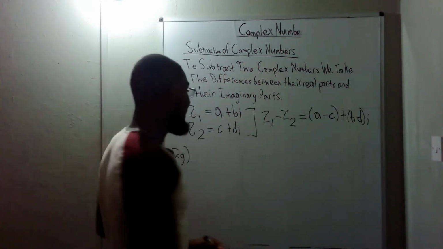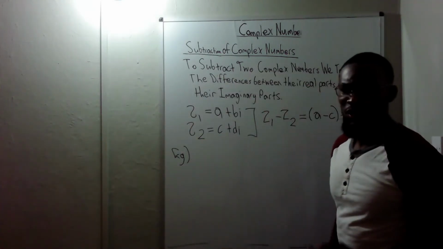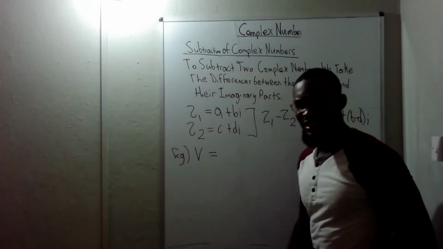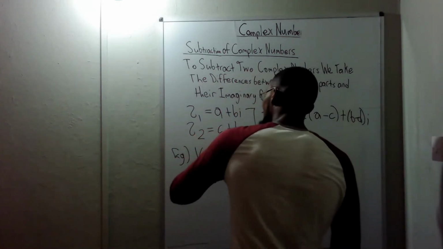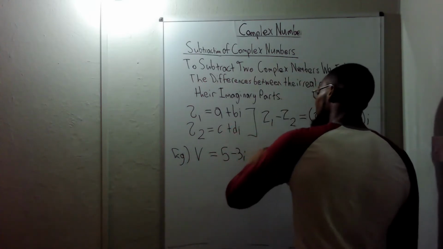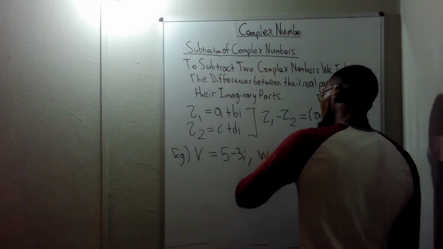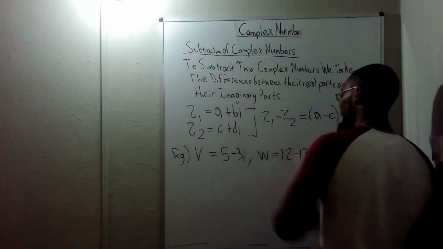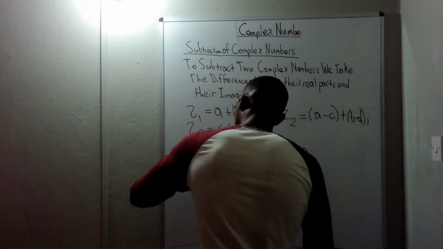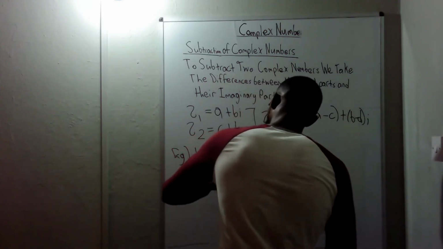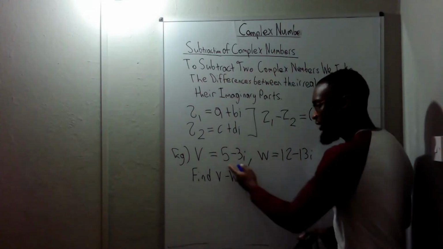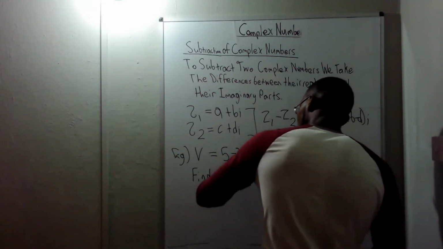Let's say we're not using z1 and z2 anymore. Let's use v and w. If they give you a complex number v, let's say 5 minus 3i, and a complex number w is equal to, let's say, 12 minus 13i. And they ask you to find v minus w. So to subtract these two complex numbers, what is v? v is 5 minus 3i